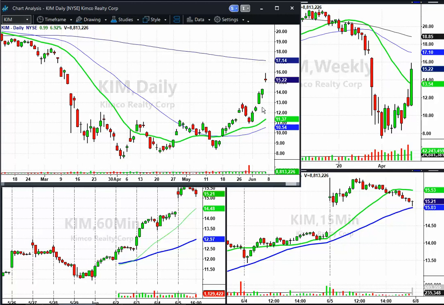Well, the first target would be this 13 area because you can see the minor support here in this area. So it's got to come down to there. I would probably be taking partial profits there and then looking for another move down to the 11 to 12 area for the balance. Just to give you an idea of what my approach would be if and when I got in on this thing, assuming it would be 15, 16. It may not be. This thing may go higher. And again, I'm looking to then just day trade it short if I get opportunities like this where it double tops on the 15-minute chart, grinds down, and tests the low.